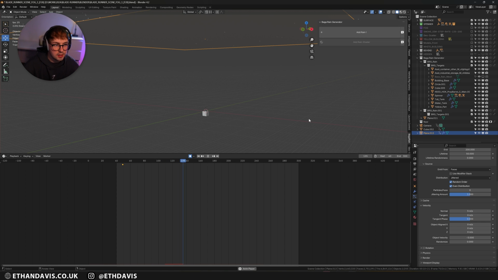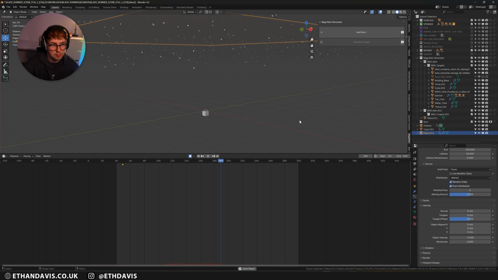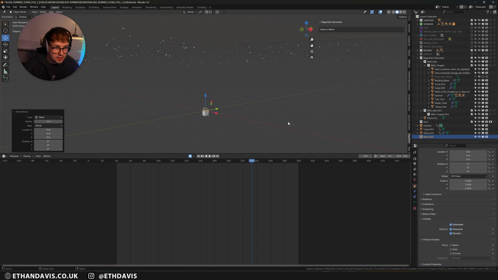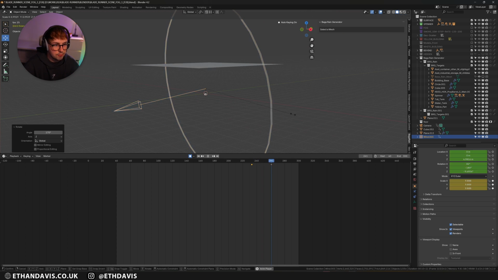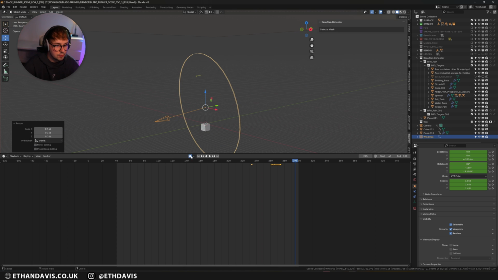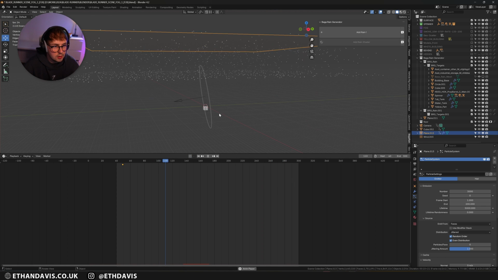And then from there, I started using wind modifiers. So I pressed Shift A, added wind, and I like to scale it up so that I can see it. And then once you have this in, let me just scale that down and turn off auto key like so.